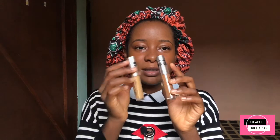with the fact that I use one pump on my whole face. Next, I'm going to be using my concealer, and the shade Caramel is quite darker than the shade Honey, so I'm going to be starting off with Caramel. Before I go on, today I'm also going to be using